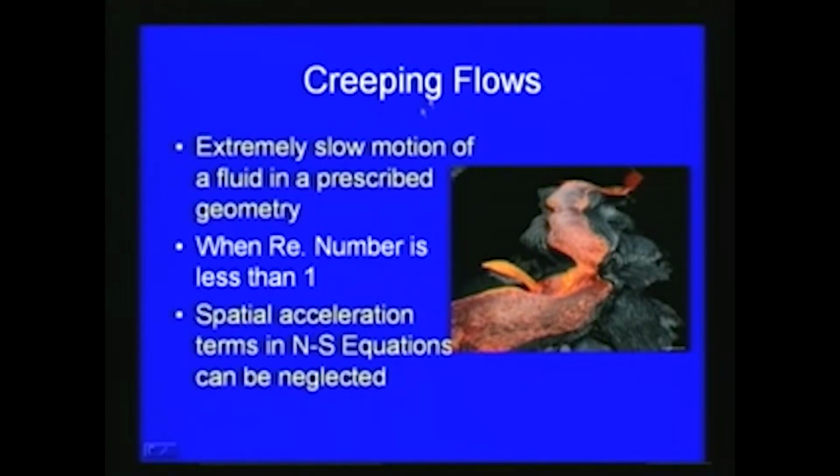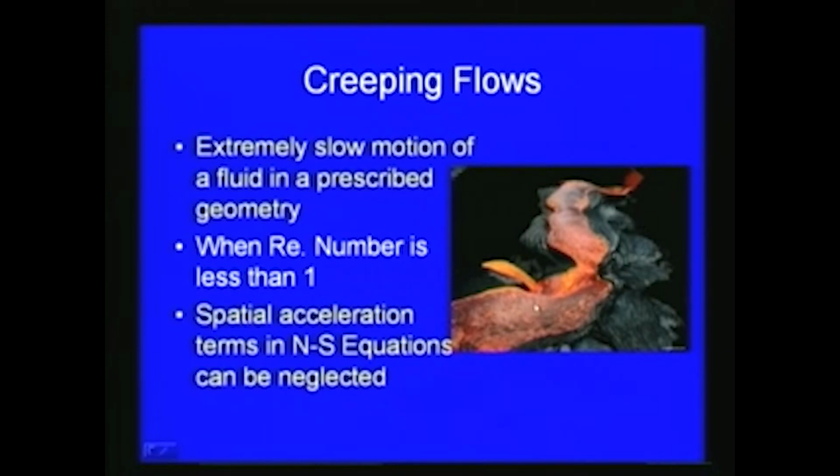First one is the creeping flows. The second one we are discussing is groundwater flow, which we can also classify as a subsection of creeping flow. Here, creeping flow means extremely slow motion of the fluid in a prescribed geometry. Here, generally the Reynolds number will be very low, generally less than 1,